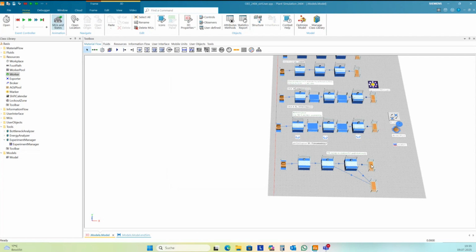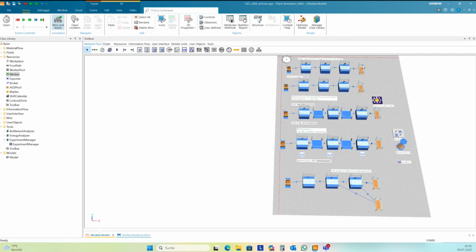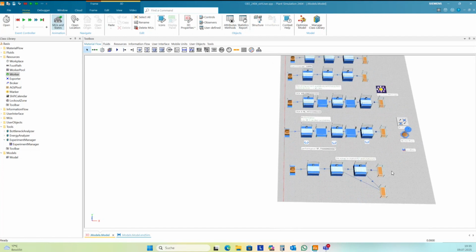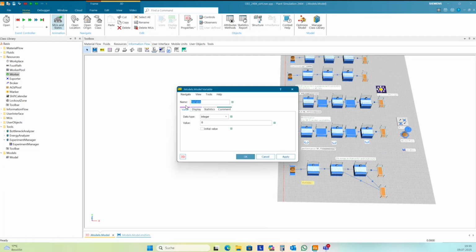Okay, and then I need to calculate the number of parts in this train 4 in relation to the maximum number of parts. And this is the figure for quality. And so I need the next variable for quality as real.